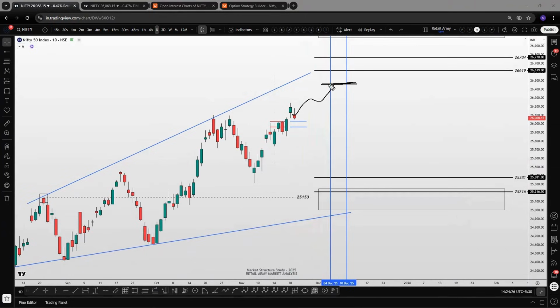Now, first case scenario, I'll tell you, first plan, what I'm going to look at is if the market is on top. If market is on top between the time zone of 4th to 10th December, what I'm going to do is a very, very simple strategy. I am going to create an iron fly at 25,500. Okay. So I'm just telling you an example, 25,500, call option short, put option short, and take hedge of 26,000 CE buy. I'll show you in the chart also, and 25,000